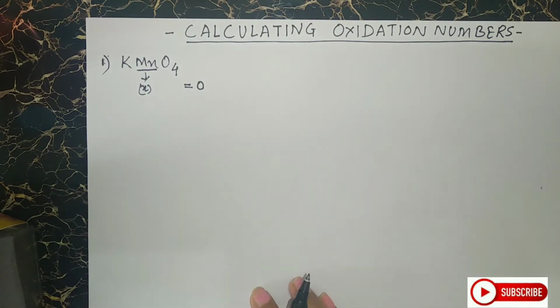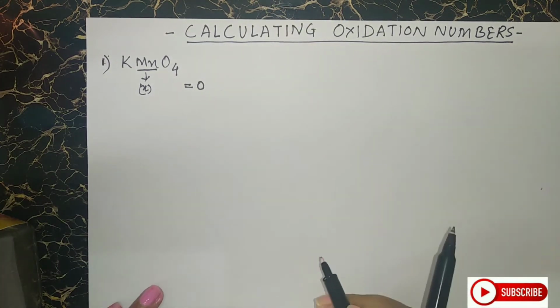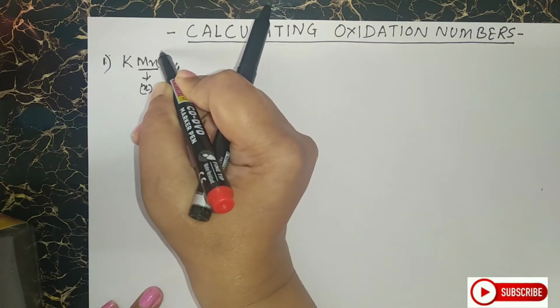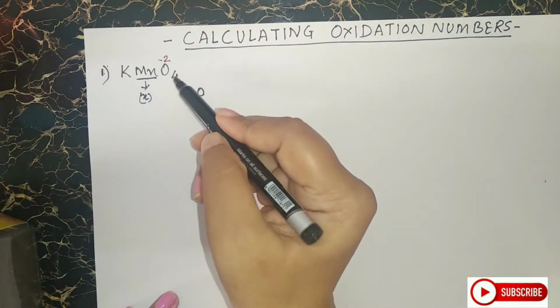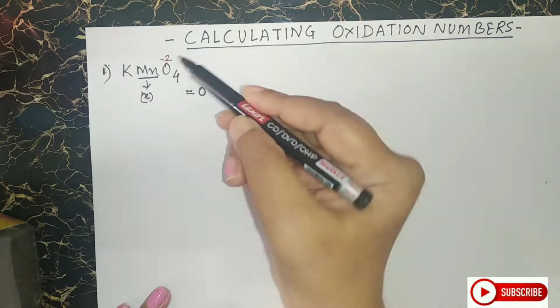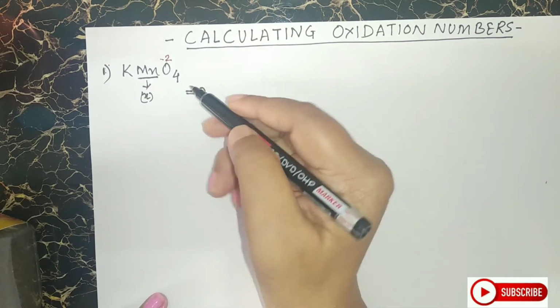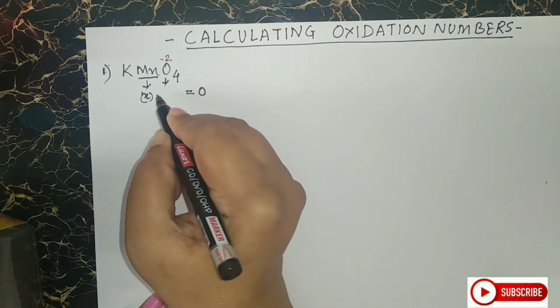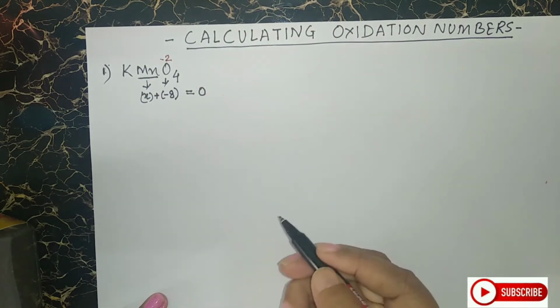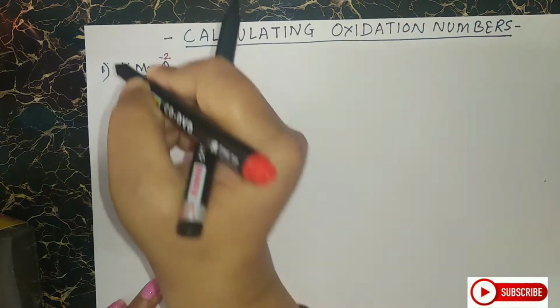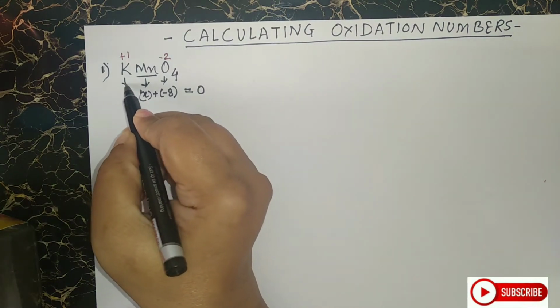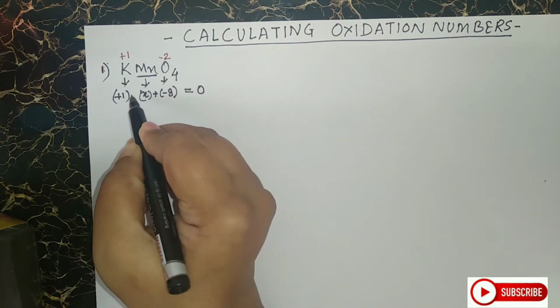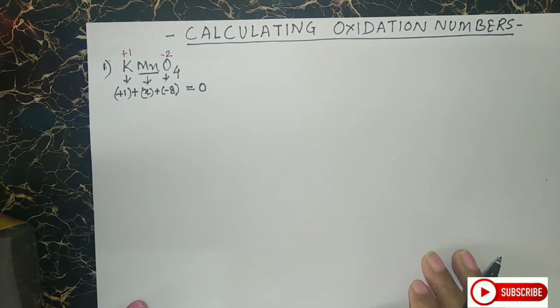Now, as I said, oxygen is usually -2 in the molecule. Whatever the individual oxidation state is, you write it on top of the atom, so here I am writing its oxidation number as -2. But in the molecule there are 4 atoms of oxygen, so -2 into 4 will become -8. So oxygen is contributing -8 oxidation state. As potassium is from the first group, its oxidation state will be +1 as it is electropositive, and therefore its contribution here will be +1.